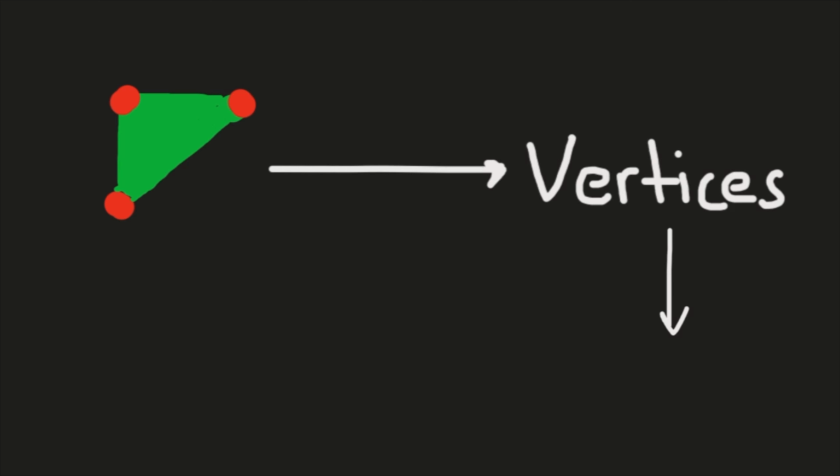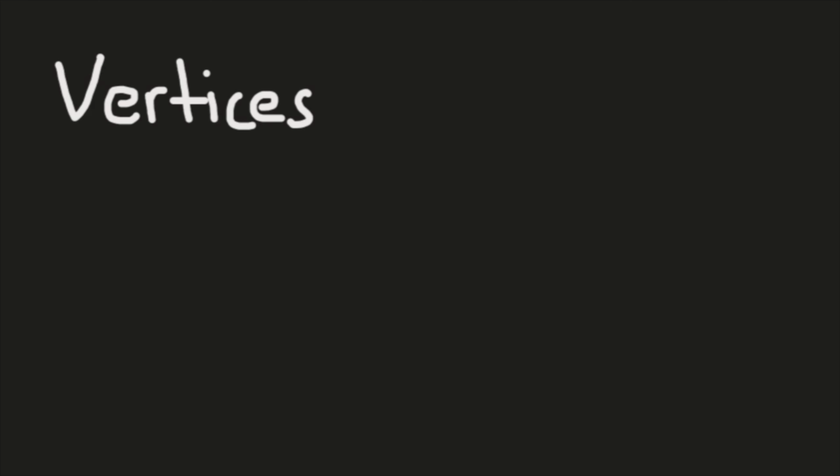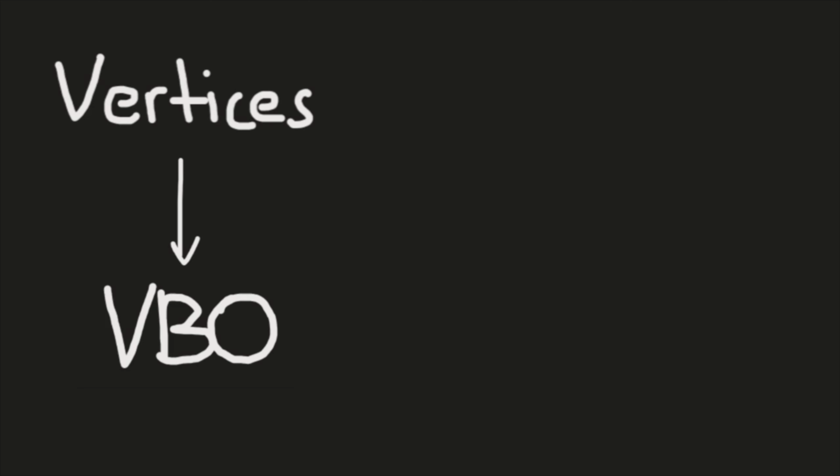Those vertices will be in NDC, which are normalized device coordinates, and those coordinates are between -1 and 1. Once you have your vertices, you're gonna have to send them into the VBO, which is the vertex buffer object. Now that vertex buffer is going to be storing the vertices, obviously, and then there will also be something called